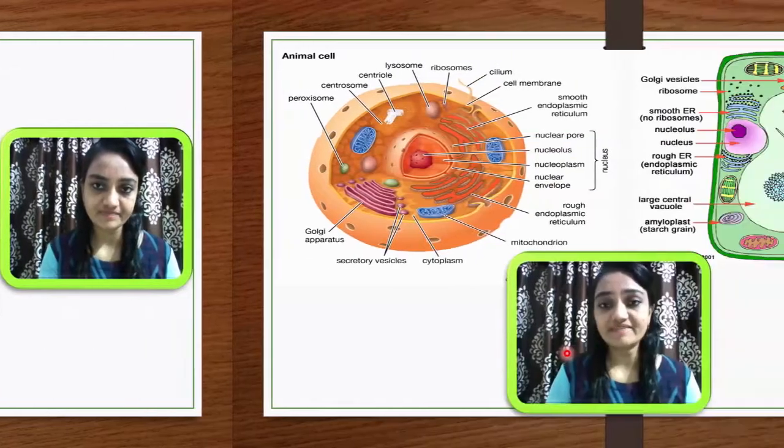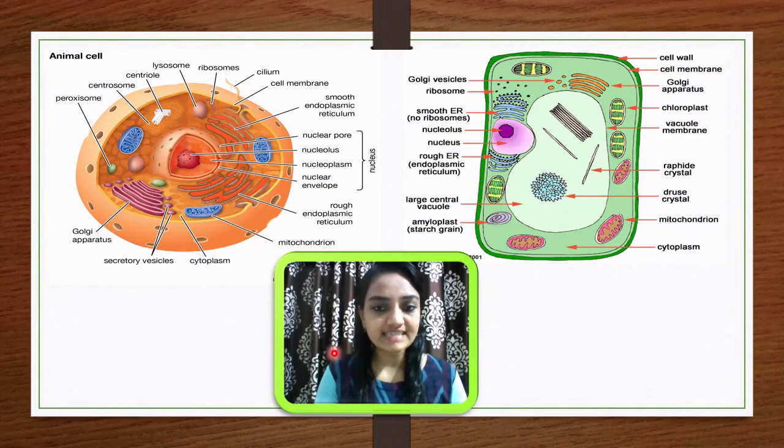So now let me summarize all the discussion by using this diagram. Clear cut: the first observable character you will observe, the main difference, is the cell wall. Here you can see a definite shape, here an indefinite shape. This is the animal cell, this is the plant cell. Here you can see a definite shape because of the presence of the cell wall. Here the cell wall is totally absent. The second difference, which we can observe easily, is the presence of a chloroplast. In the plant cell there is a chloroplast, whereas here the chloroplast is totally absent.